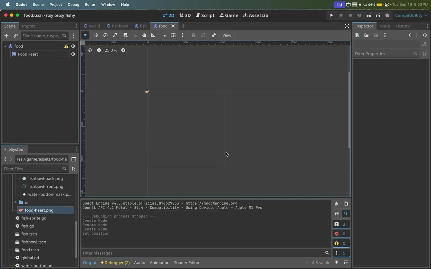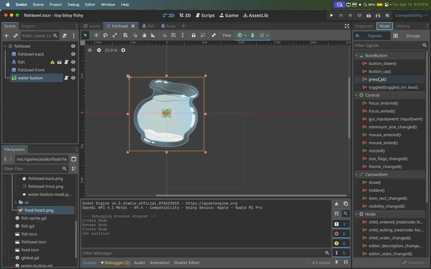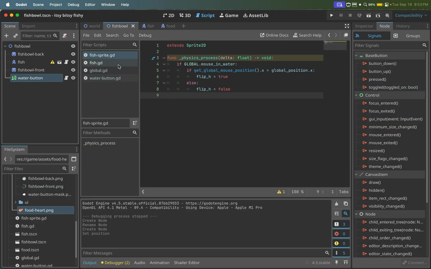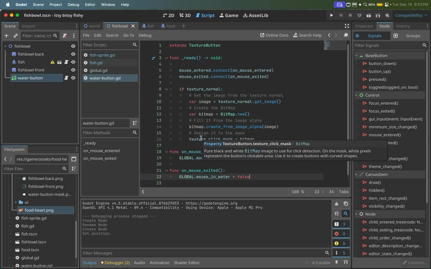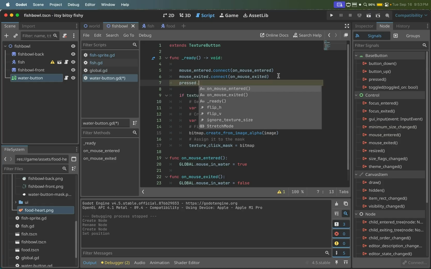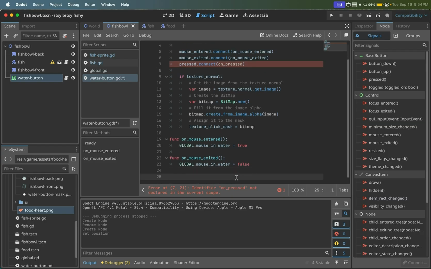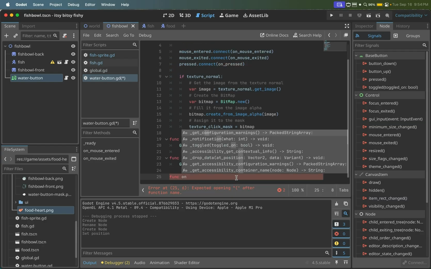Next, let's go back to the fishbowl. Click on the water button node. Go to the node tab. And this time, this is the signal that we want to use. Go to script. Go to the water button. And then we'll also connect it here. So pressed dot connect, and then on pressed, and then we'll create that function, func on pressed,